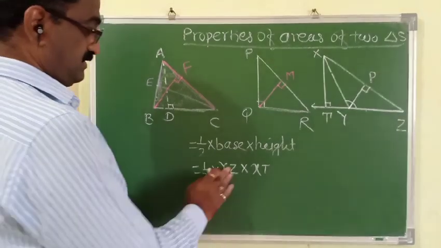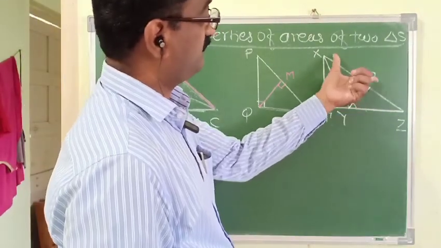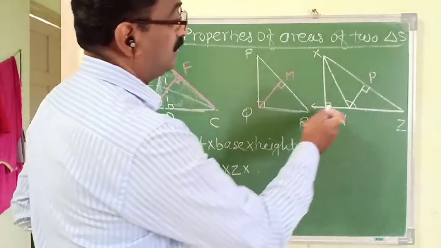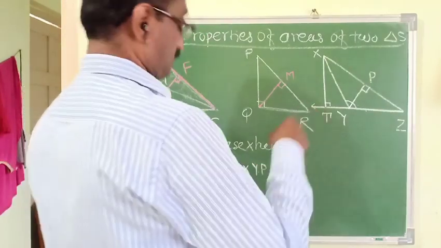So what is the height of this triangle with respect to the base XZ? XZ is the base, at that time this is the height YP. If we take the base